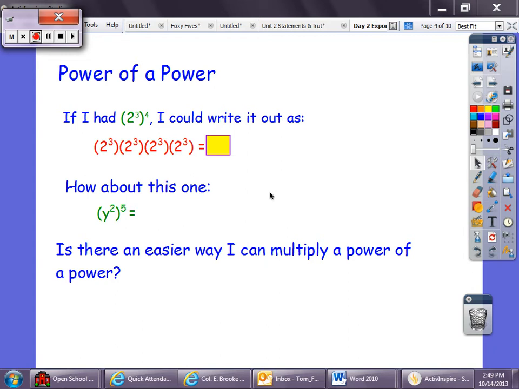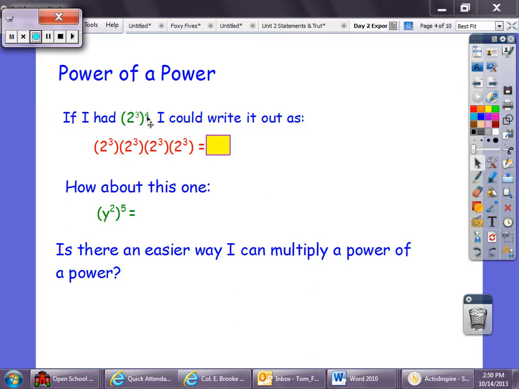Alright, today's notes consist of our continuing with our laws of exponents. So we're going to look at two more laws of the exponents. The first one we're thinking of is a power of a power. So if we had 2 to the third to the fourth power,